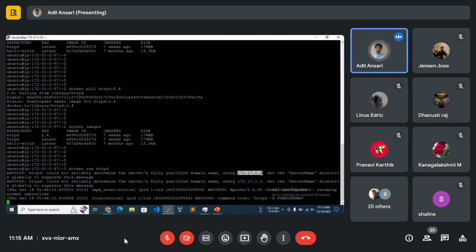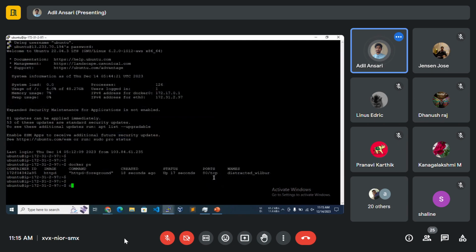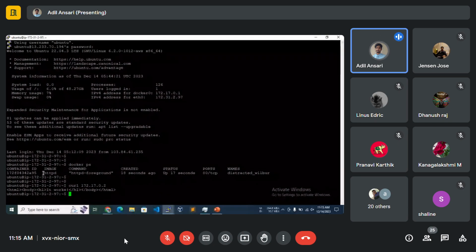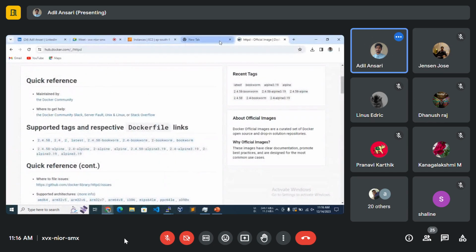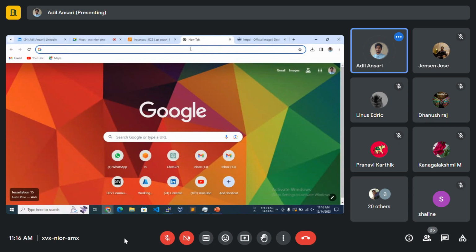You cannot access it over the internet. Only this IP address is accessible within this machine only. So if I use curl with that IP address, it should give me some sort of "It works." Whatever this image is exposing, it shows here. So it is saying it works. But if I open the same IP address in my browser,